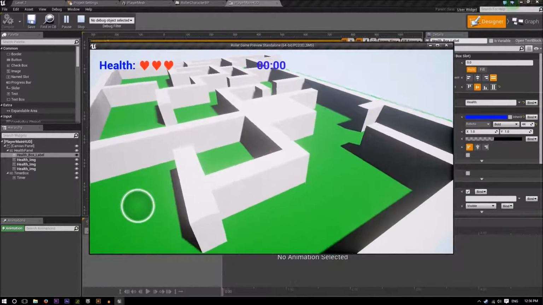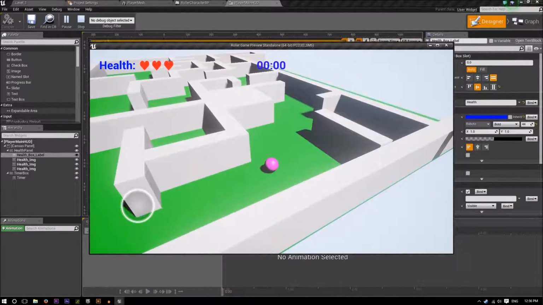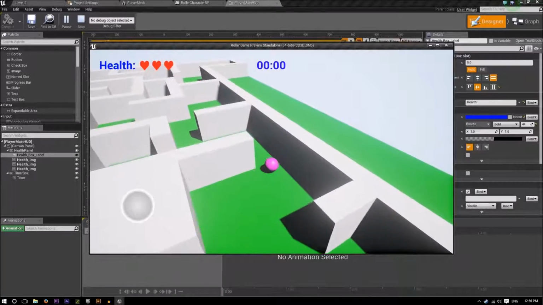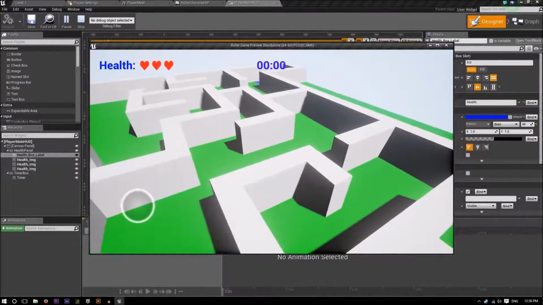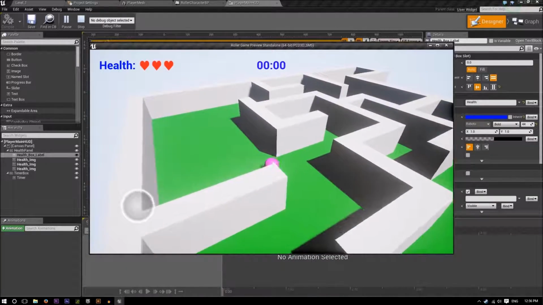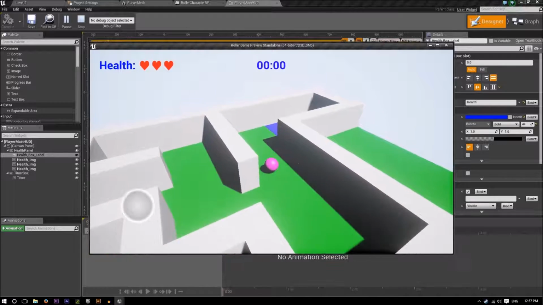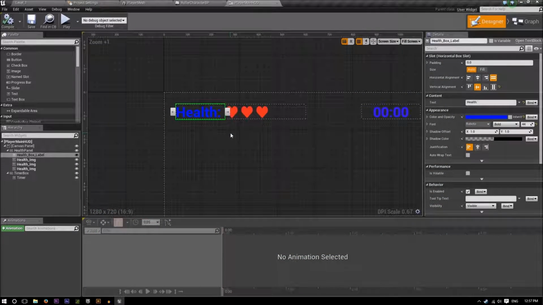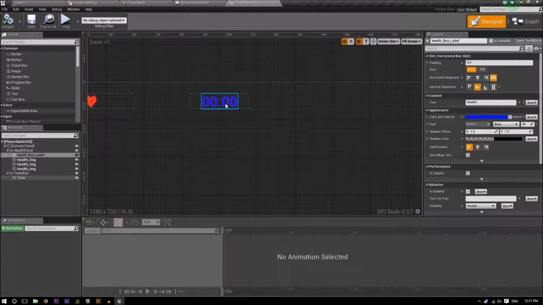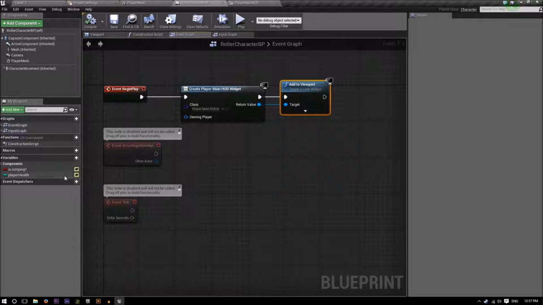So what we did, the reason we took this jump down is to actually put in enemies that try and attack us. So now that we've covered the actual UI, we now need to link it to the amount of hearts, or amount of health our player has, and the time that the current player is at. So here we're going to go into roller character. We're going to add